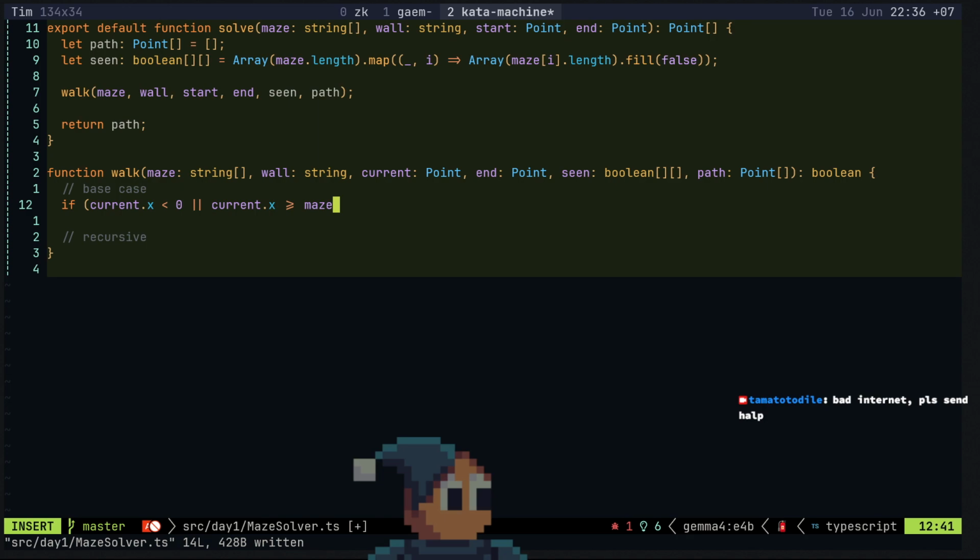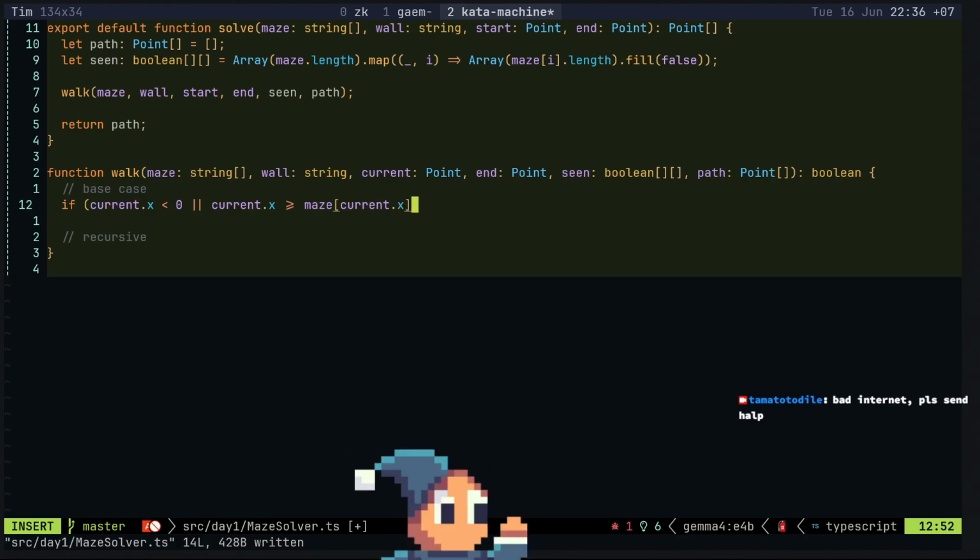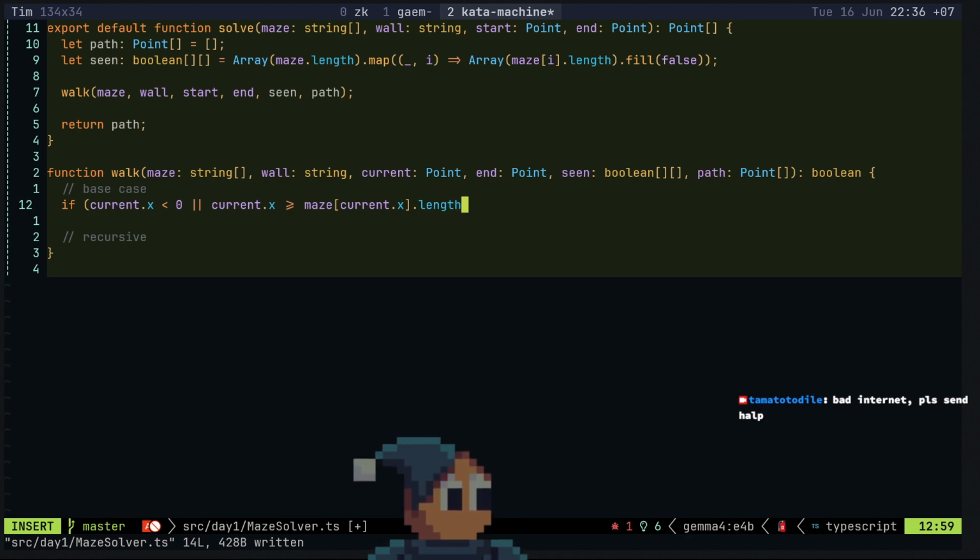I think the x is the... right, it's reversed. Length. Wait a minute.